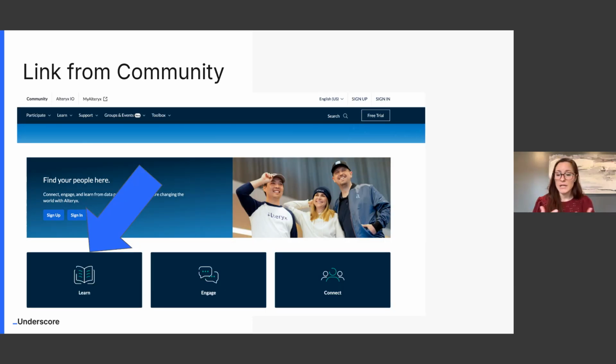If you have a community, your community may be in your LMS, it may be in a different place. It just depends on your company and your tech stack. But you can link to education from the community. This is from Alteryx, and they link to learning from their community. So if you think about where our customers already are, and how we meet them where they're at: if they're in the product, maybe they're going to our website because that's where they go to find things about our company, maybe they're engaged in our community. Can we open a door for them to come and learn or come back and learn?